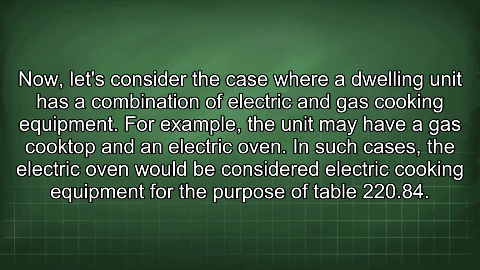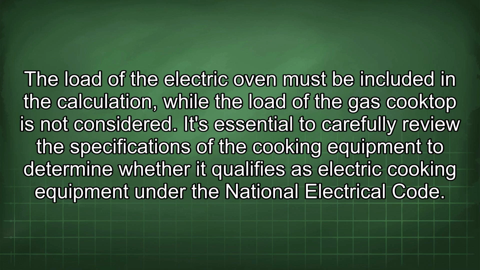Now, let's consider the case where a dwelling unit has a combination of electric and gas cooking equipment. For example, the unit may have a gas cooktop and an electric oven. In such cases, the electric oven would be considered electric cooking equipment for the purpose of Table 220.84. The load of the electric oven must be included in the calculation, while the load of the gas cooktop is